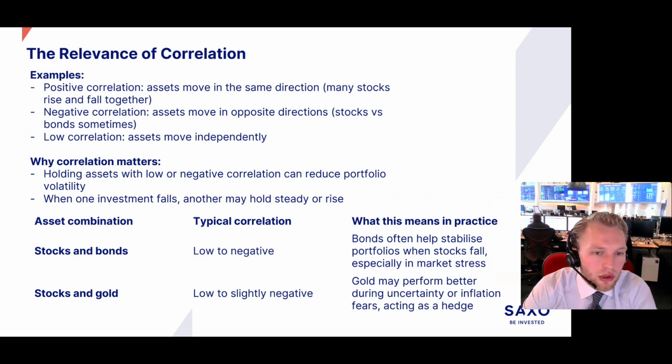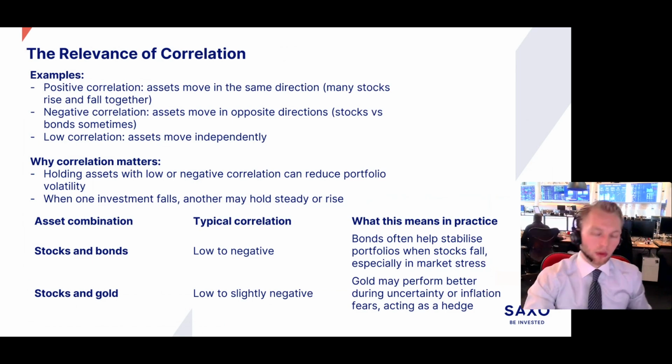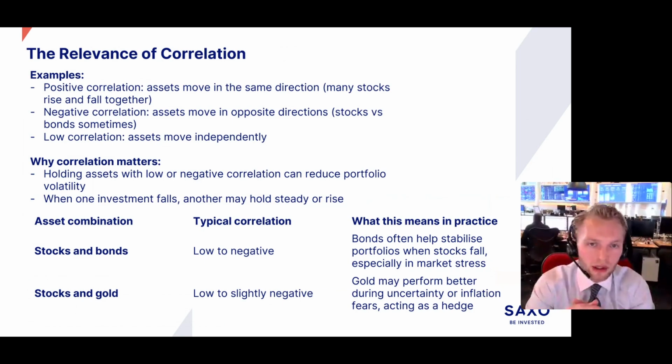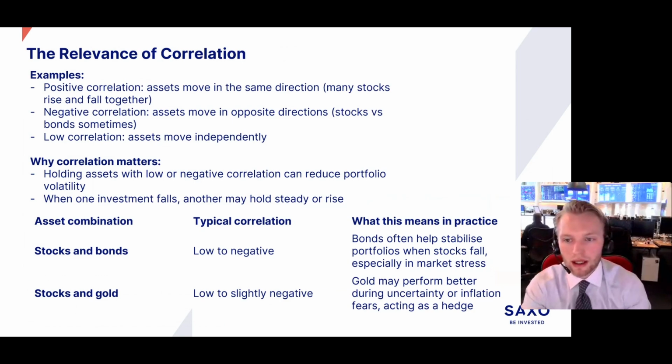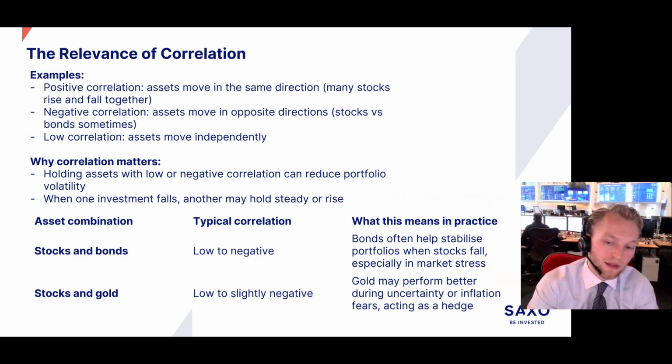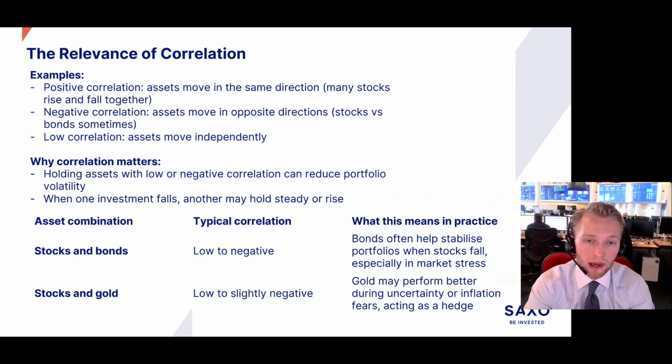And why would you even care about this? Well, you would care about correlation if you want to be very sure that your portfolio doesn't experience these large movements. Because structuring a portfolio with the objective of having as low a correlation as possible means that, yes, perhaps you will have a smaller return, but in the event of downturns like we've seen in the past, in 2022, during the COVID, and before that as well, if you have a portfolio with low correlation, then maybe